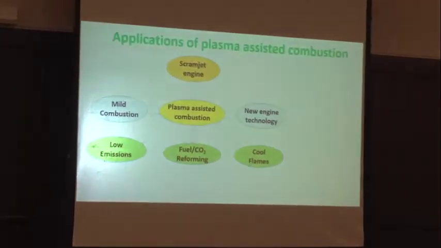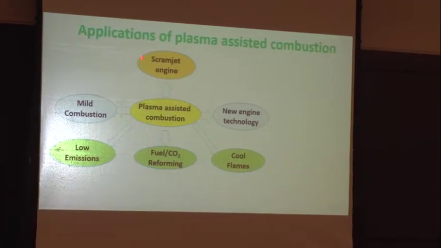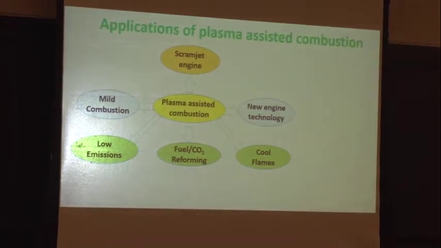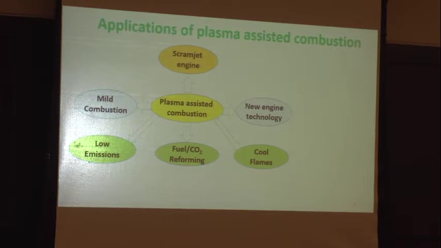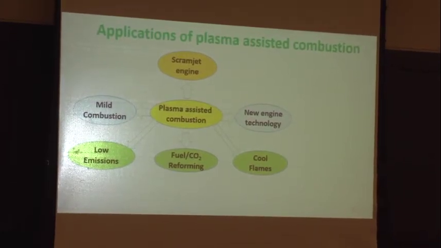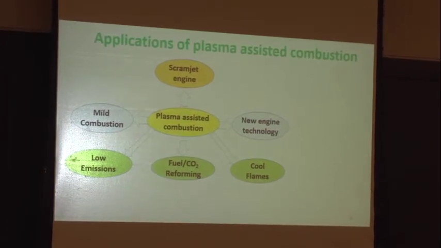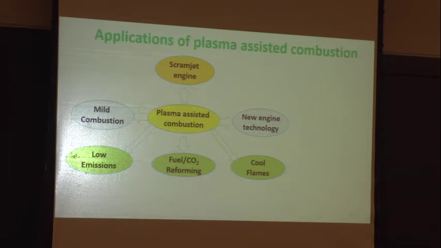Applications of plasma-assisted combustion have a direct motivation in the scramjet engine, and also you can go to afterburners. For example, a military aircraft wants to fly very high, or escape, or chase somebody, and you have to turn on the afterburner. Afterburners basically operate at very low pressure and high altitude. It's very difficult to ignite, I'll tell you why. And then you can control mild combustion, because mild combustion is different from regular combustion.